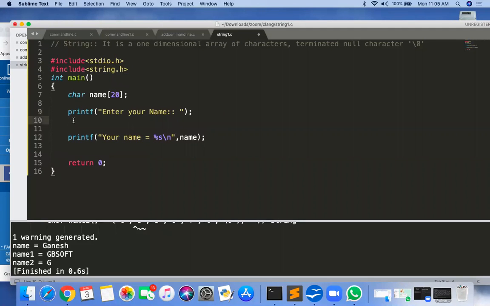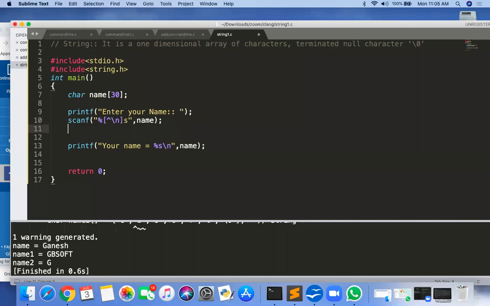Okay, enter your name, and then we know that scanf percent up to \n and then s comma name, and suppose size I'm giving as 30. Your name is 30. Okay, the very first string library function we are going to see is the strlen function.